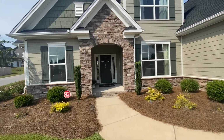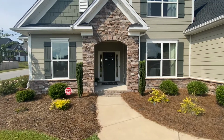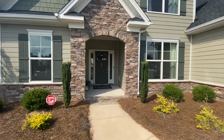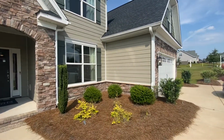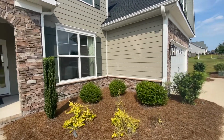So it's kind of not zero entry. So if you have people coming over to your home that may not want to traverse stairs a lot, a small ramp there would be good, or inside of your garage, if you have those type of people coming over. And just going to show you the